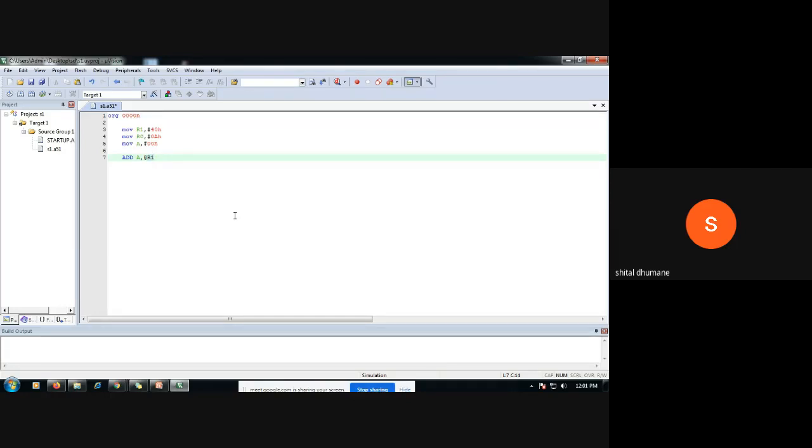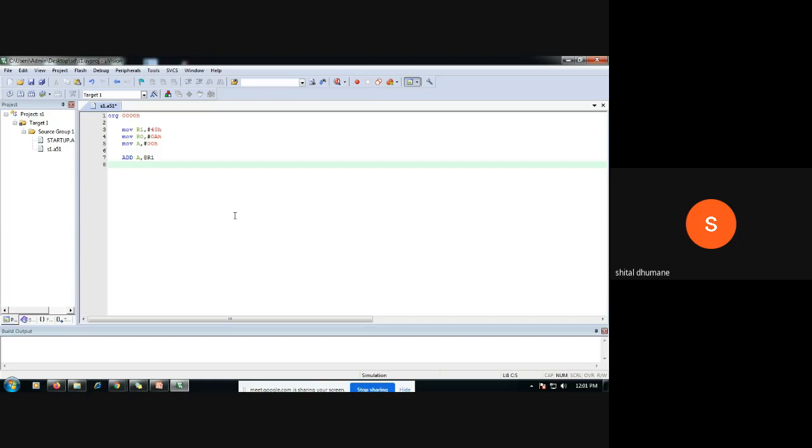With @R1, one by one we can take each byte from the memory location. With this instruction, your first byte will get added to the accumulator. Your accumulator is 0, and you are adding the number from location 40H to the accumulator.